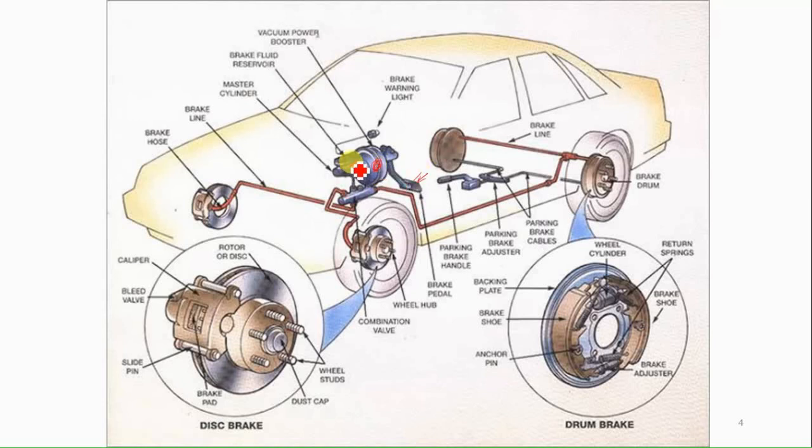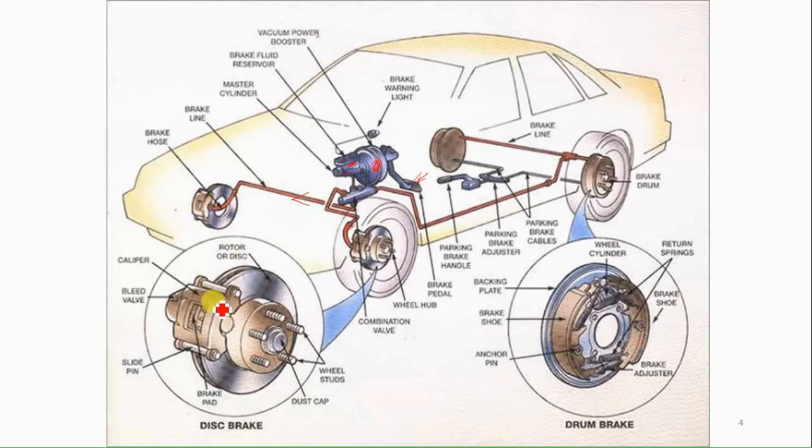And here on this side, this is the brake fluid reservoir. In this reservoir the brake fluid is kept, and at the bottom you can see the master cylinder. This is the communicating valve, through which the compressed fluid goes to the separate cylinders of the drum brake or the caliper side. You can see here this is the brake line, and the compressed brake fluid goes to the caliper.